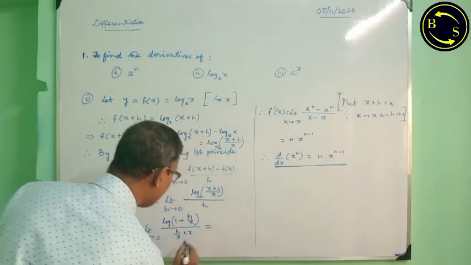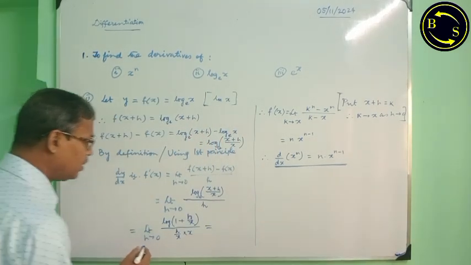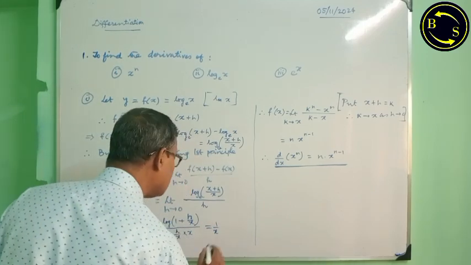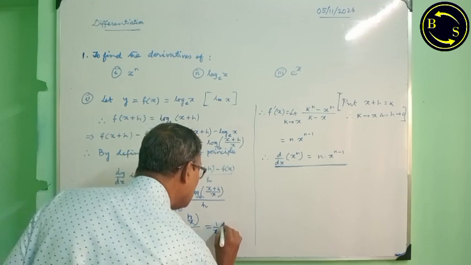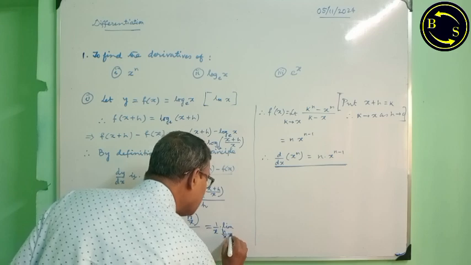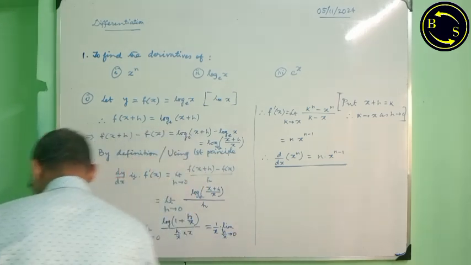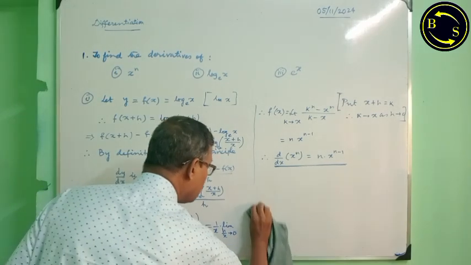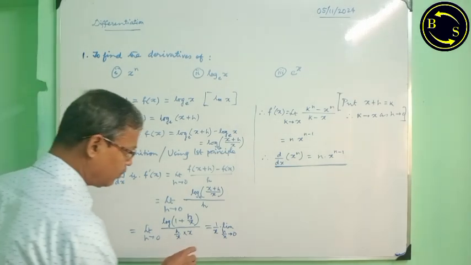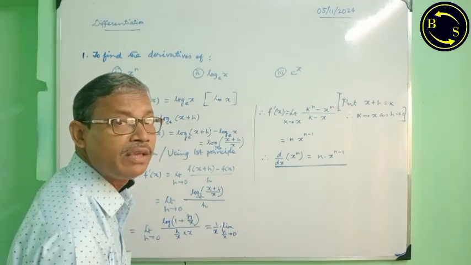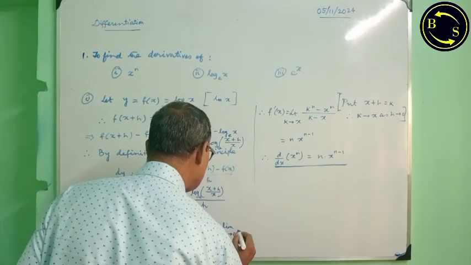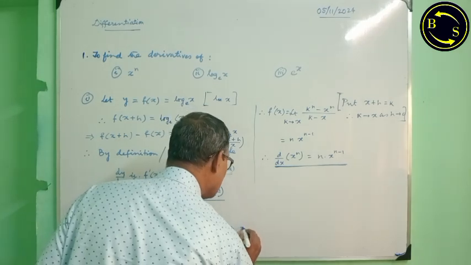Now, here h is the variable. Therefore, 1 by x will be taken outside into limit h by x tends to 0. As h tends to 0, therefore h by x will also be a very small number. We can take h by x tends to 0, then